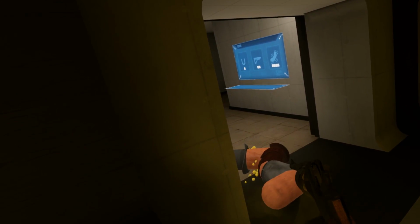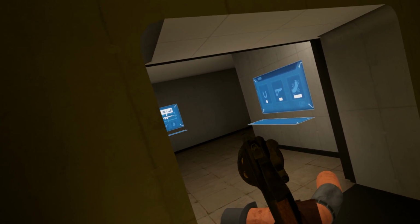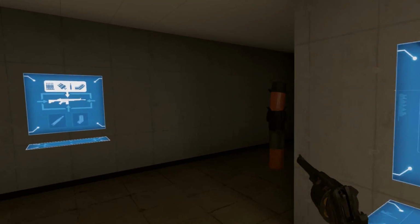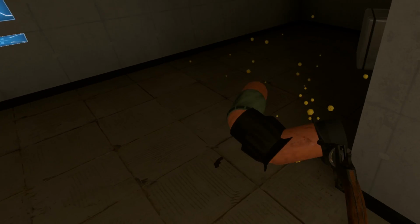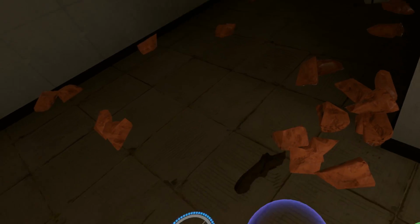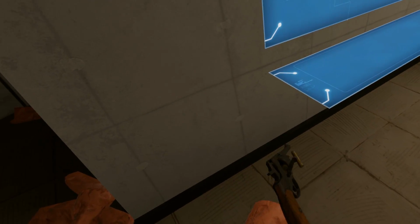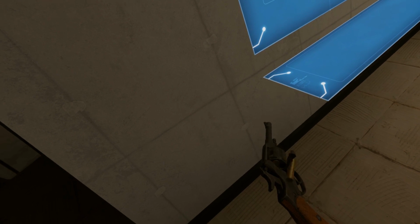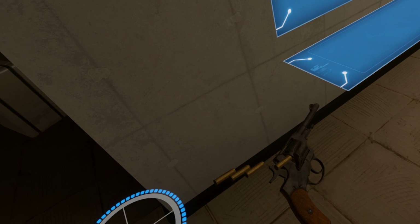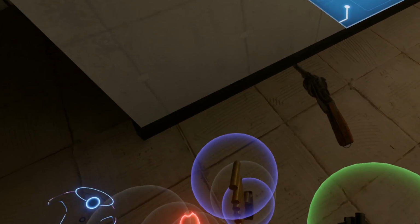Oh! What a dapper hat. Oh, goodness! He wasn't paying attention. Grab his little 2-shot Derringer there. Let's go ahead and empty this out. And what I do is I tend to use the pocket pistol